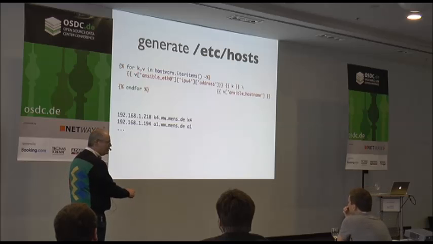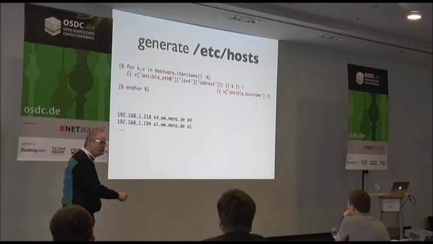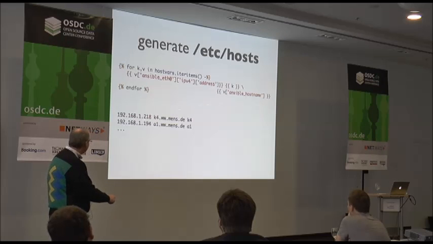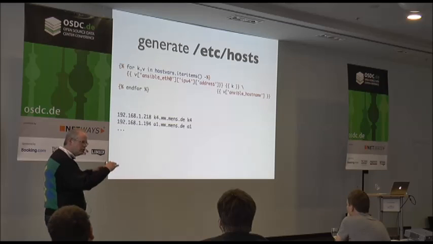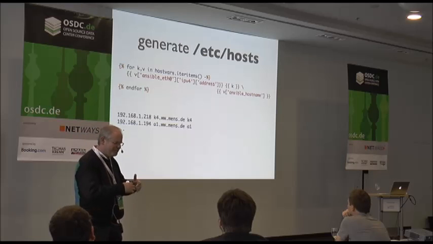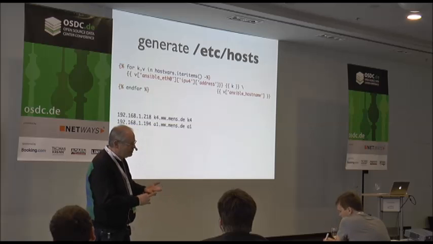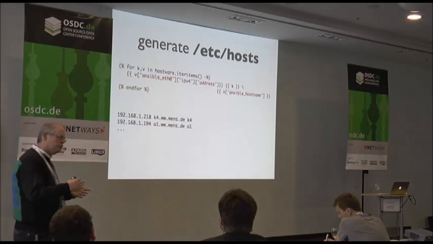So we iterate through these hostvars and grab the ansible_eth0 interface and the IPv4 address of that, and replace it by the Ansible hostname. Sorry, not replace, but output the Ansible hostname and the key. So the result is a list of IP addresses, fully qualified domain name, and short name. Yeah, like an /etc/hosts file. Not that this is practical, but what I wanted to demonstrate, because I hope you don't particularly use /etc/hosts, but I wanted to demonstrate that